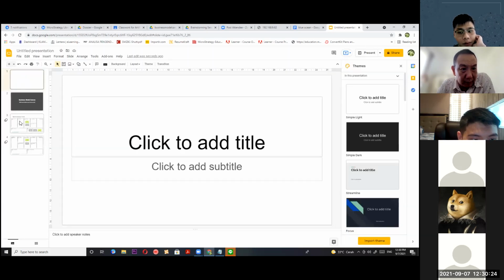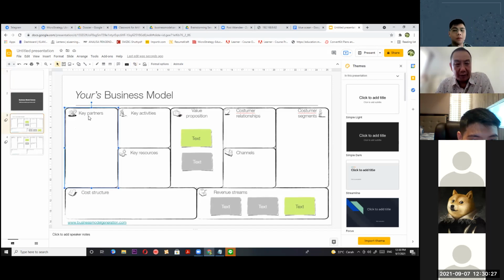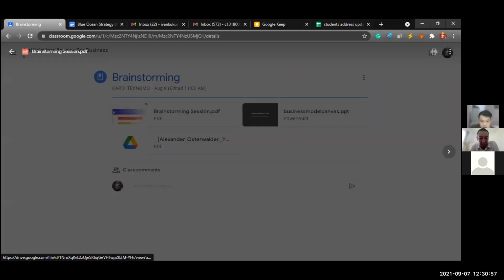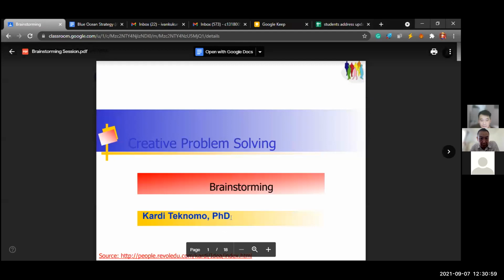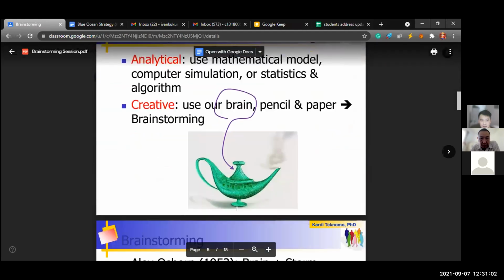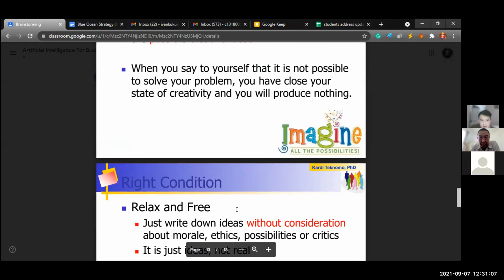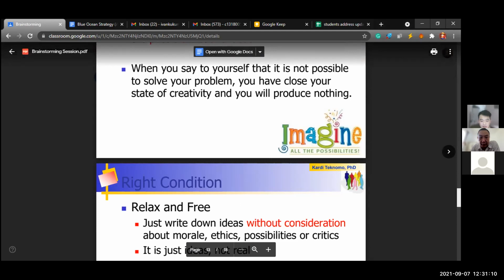Okay, perfect. So then you collaborate. You can share the link. Okay, you can upload the slide into Google Slides, and then you can collaborate there.